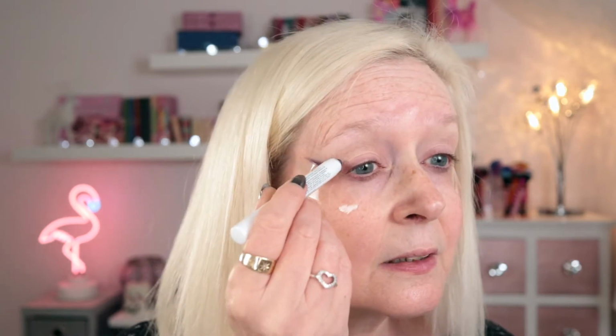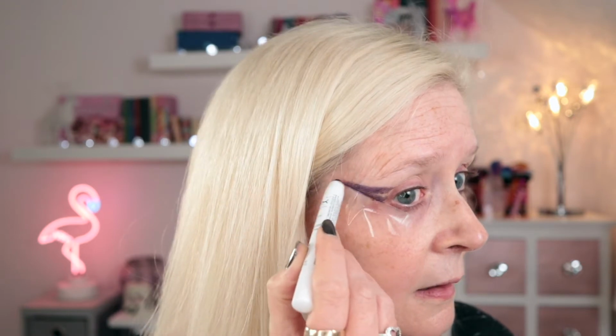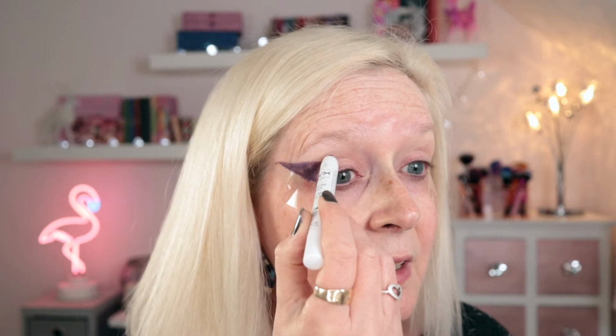But what I want to do is use this NYX pencil and create kind of a winged out shape with that. And I just thought it might help having the tape there to make sure I get it super precise. I can do it without, but it's way easier with tape, so that's what we're going to do. Taking it out quite a long way, and I'm not going to be using a winged eyeliner or anything today,